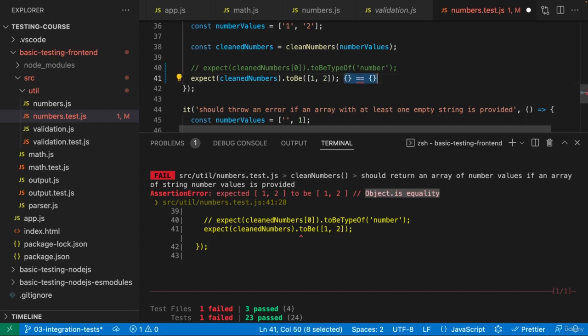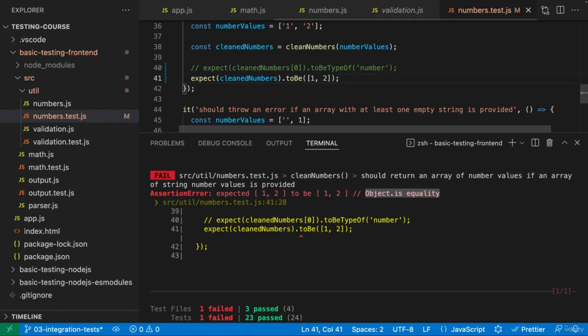This is not true even though they look similar, because in JavaScript, objects are reference values. They are stored in memory, and if you create a new object, even if it has the same shape and the same properties, these two objects still occupy different places in memory, and they are therefore treated as totally different